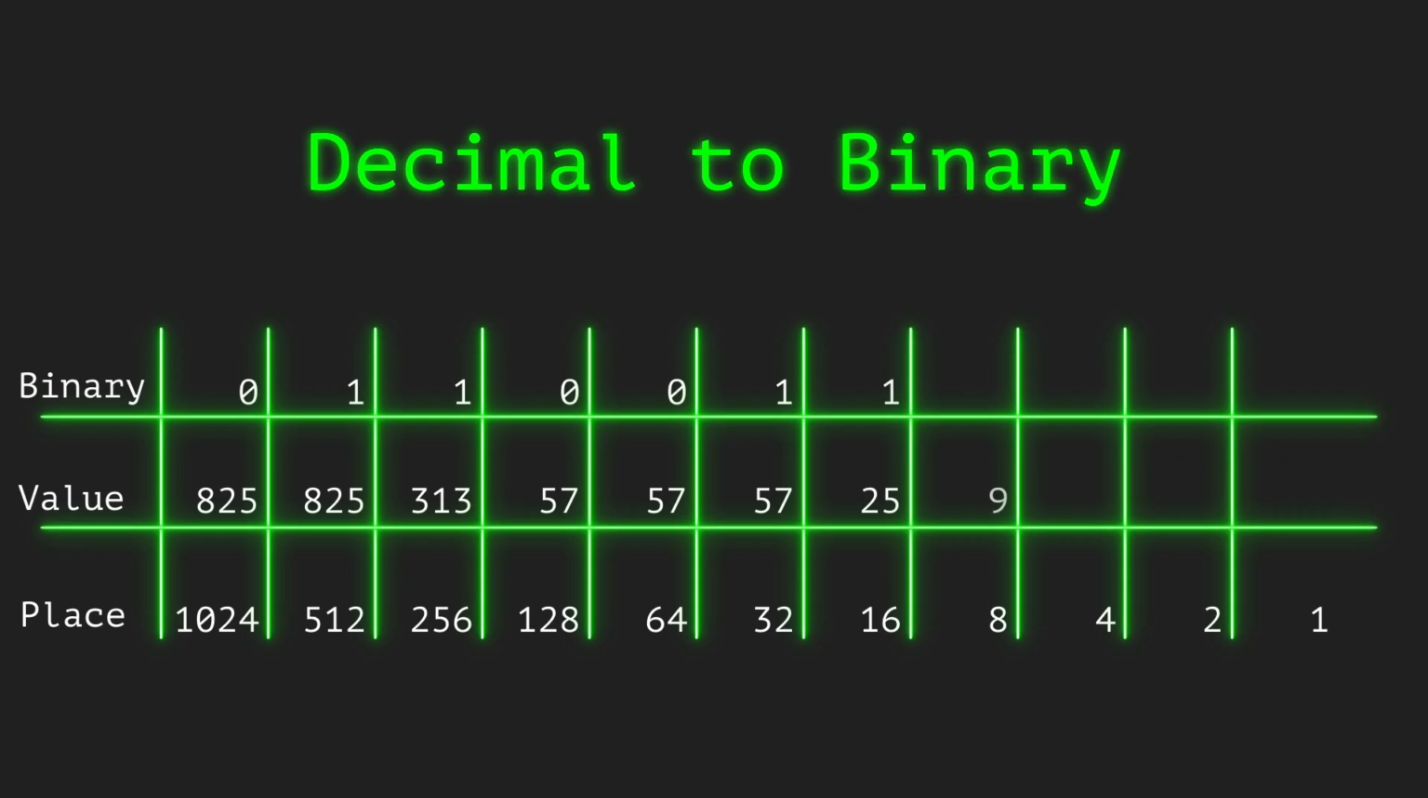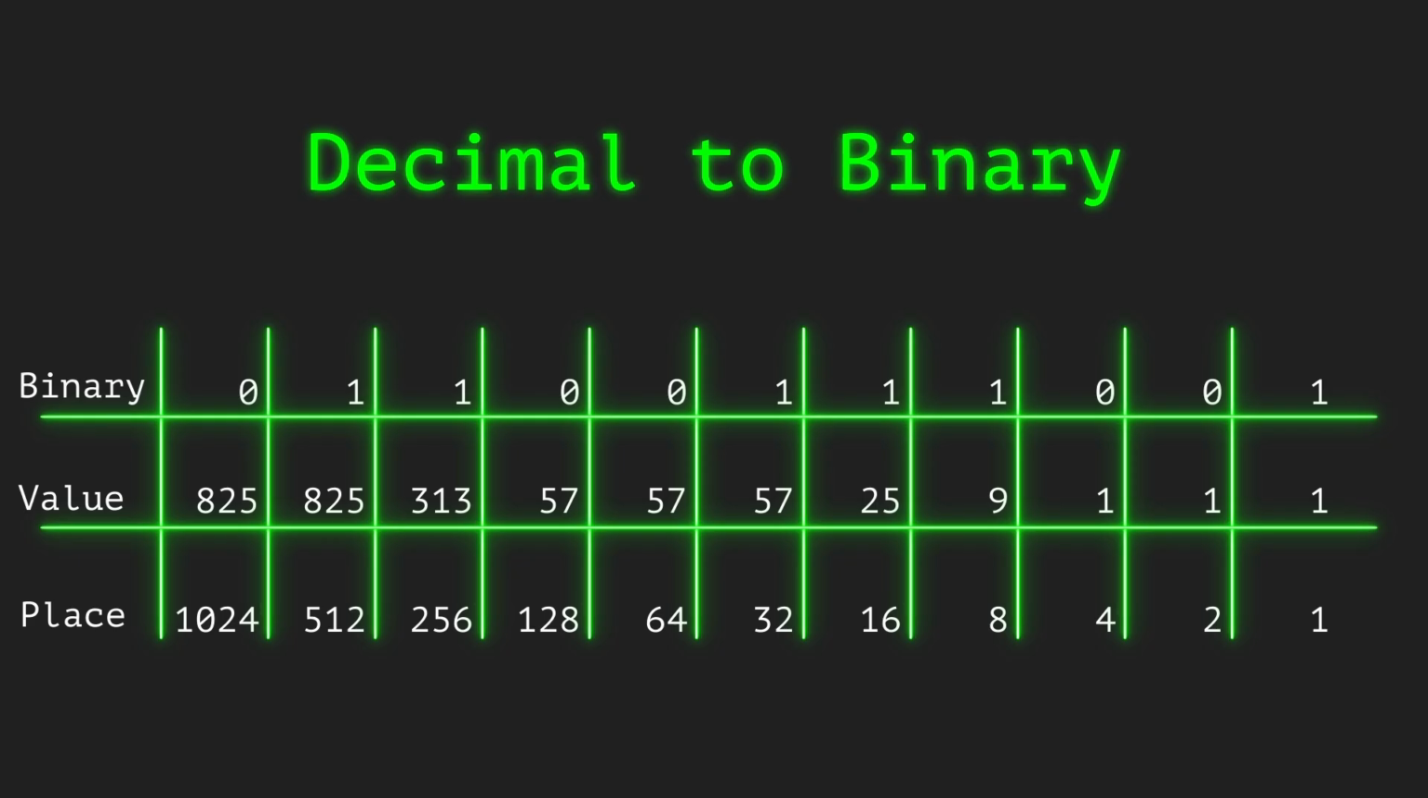9 is bigger than 8, so we'll write a 1, subtract 8, and now we only have 1 left. 1 is smaller than 4 and 2, so we're going to write zeros there. However, it's equal to 1, so we're going to write a 1 as the very last digit. Now that the value minus the place is 0, we know that our conversion is complete and we've successfully converted